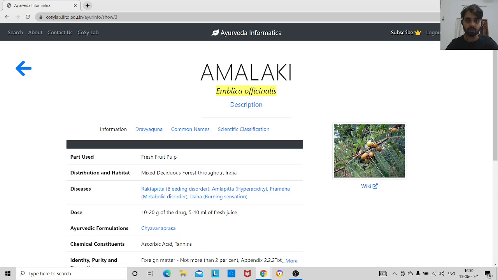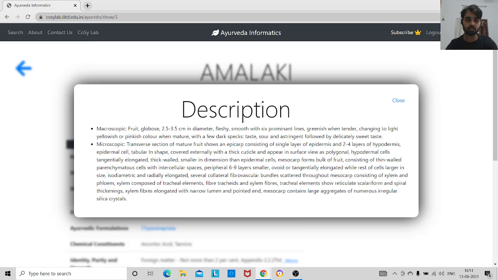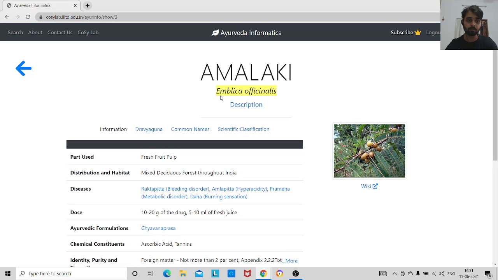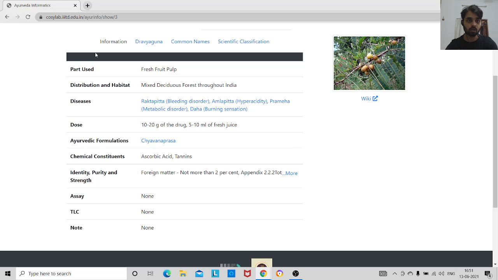So let's go step by step and see what data it has. First is the Sanskrit name, then the botanical name, then I click the description over here. Here I can see there's a botanical description, macroscopic and microscopic description of this particular plant. Now moving a bit lower. In the first page, you can see there are four sections of information.